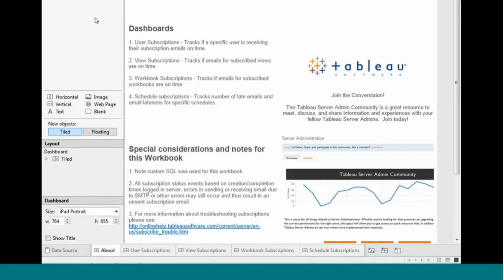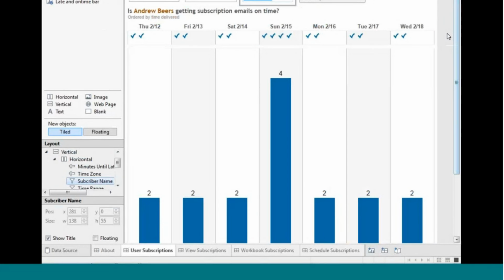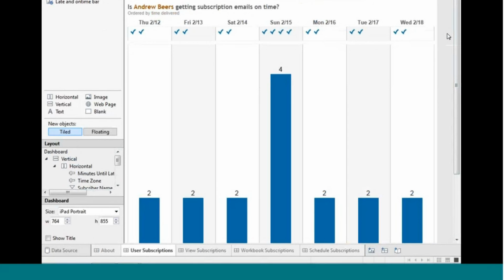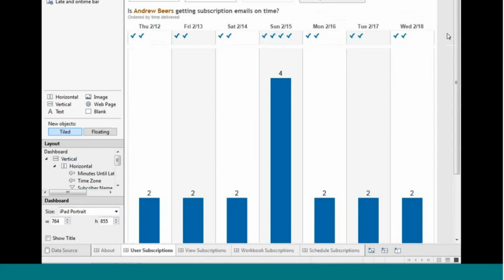It's called the Subscriptions Timer workbook. And to give you a bit of background on what this workbook does, it tells you whether or not a subscription email for a view or a workbook is going out on time. Now, to give you a bit of background about how subscriptions work on our server,